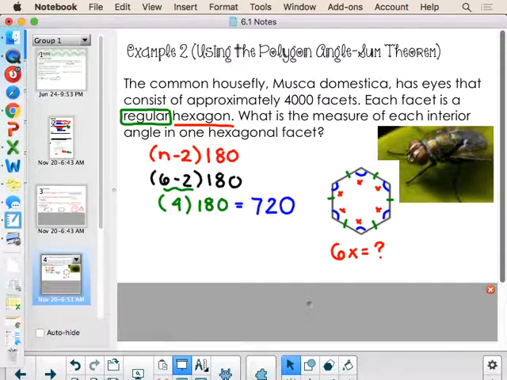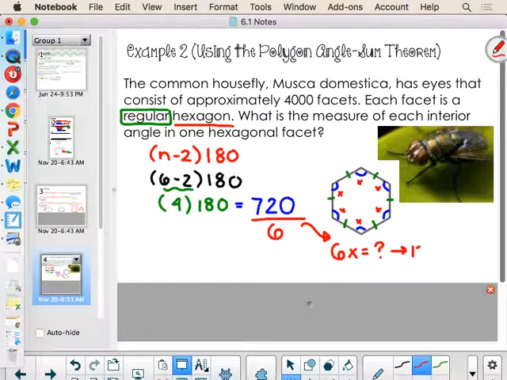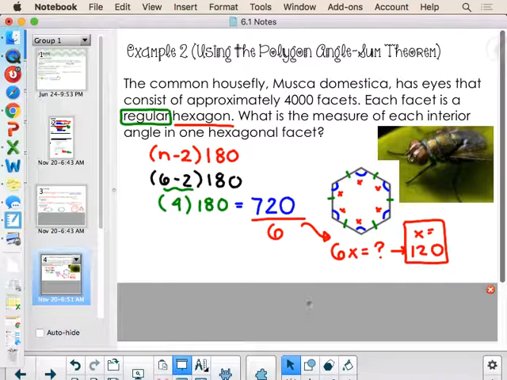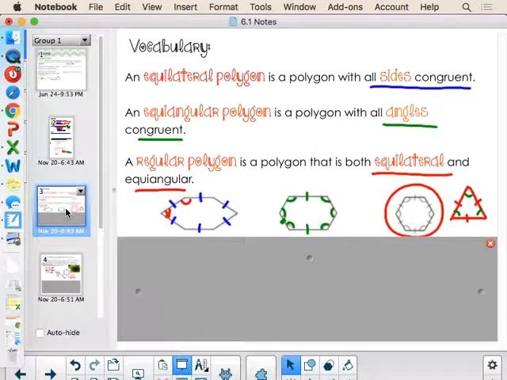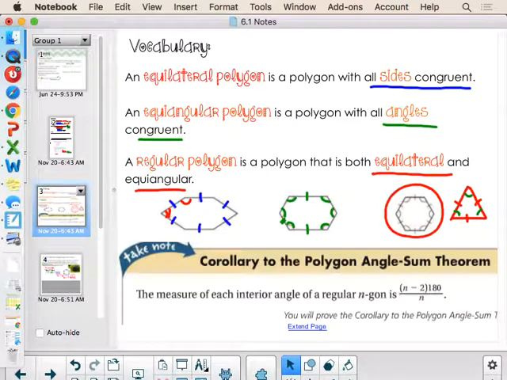And as we discussed, we have 6 of those measures, and they're all equal, so I'm just going to divide this answer by 6 to find what my angle measures are each equal to. So when I do 720 divided by 6, I get 120. So therefore, x equals 120. Therefore, each of my angle measures is 120. Notice that I took the sum of the interior angle measures and I divided it by the number of sides. This is why this theorem that I covered up is true.